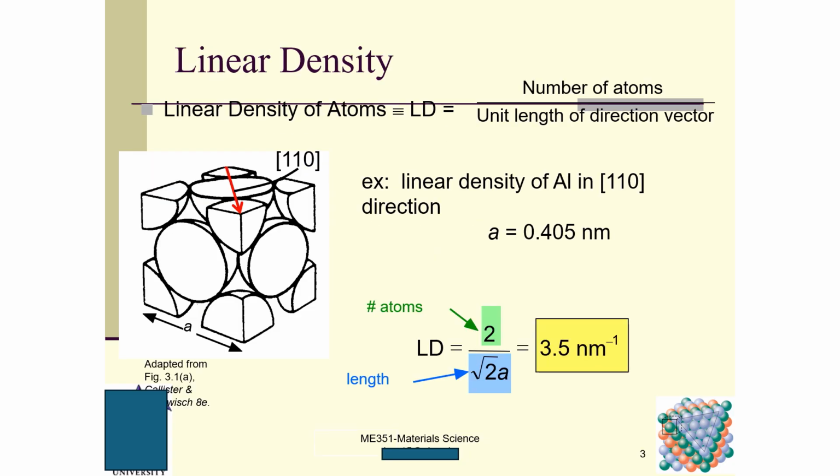First, we talk about linear density. As the name suggests, linear density means the density along some direction, a linear direction, the linear density of atoms. It is denoted using LD, and it equals the ratio of the number of atoms to the unit length of the direction vector. So here, in this crystal structure, we can see clearly